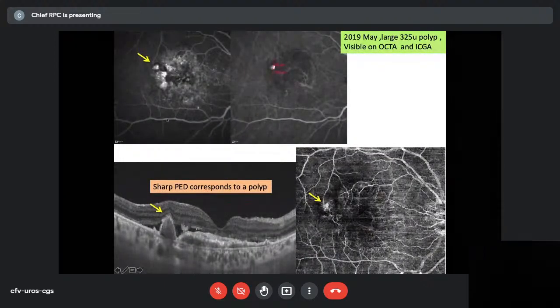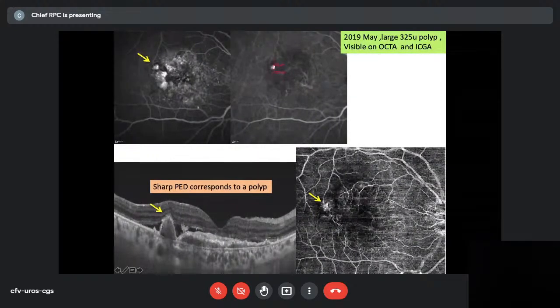So here you see another patient with polypoidal choroidal vasculopathy. The polyp is beautifully seen, a large polyp. There is stippled fluorescence, and some hemorrhage around it blocks fluorescence. So you can see the huge polyp on ICG. This was an FA, but this is one place where the ICG really helped us, with a giant polyp. And this giant polyp corresponded to the thumb-shaped PD, with a double layer sign and subretinal fluid. These are all signs, thumb-shaped PD, double layer sign, subretinal fluid, very classical and pathognomonic of polypoidal choroidal vasculopathy.